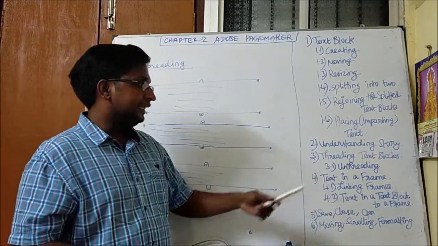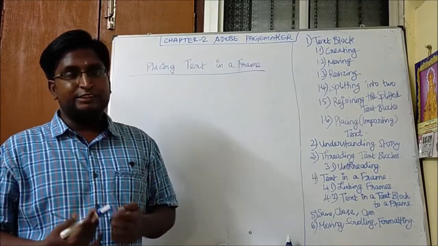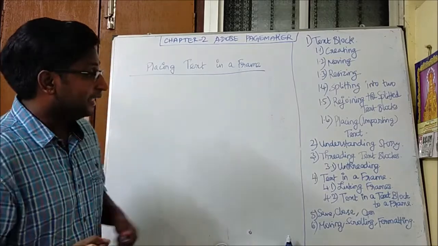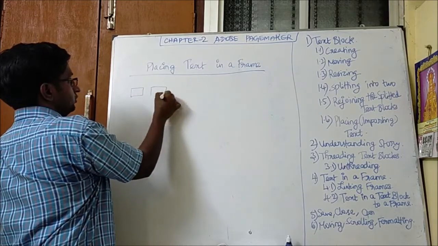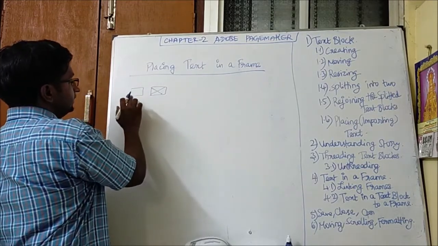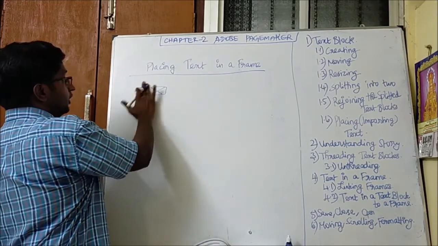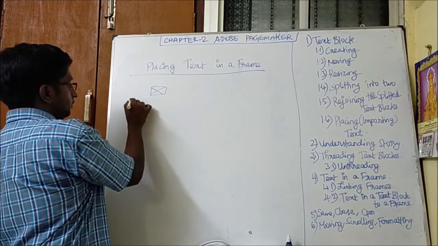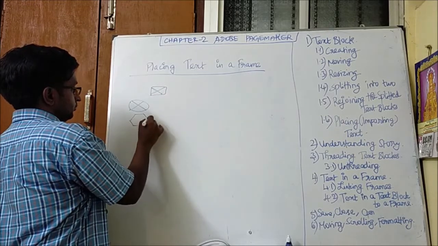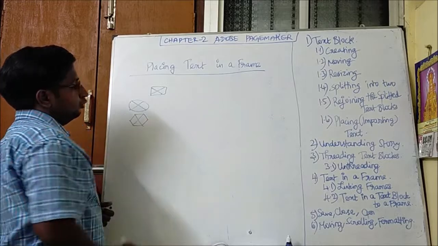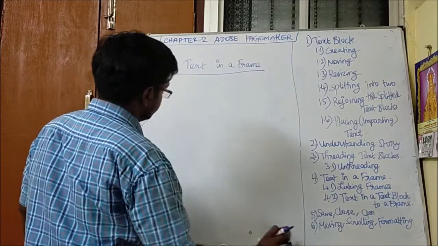So the next one is text in frame. So you can place the text not even in the text block. You can also place the text in a text frame, that is frame tool. Using the frame tool, we have three frame tools. This is the rectangle tool, this is the frame tool. You must be able to identify which is the frame tool. Okay. So likewise, we have ellipse and polygon. So you can use any one of the frame tool. So you can select any one of the frame tool.